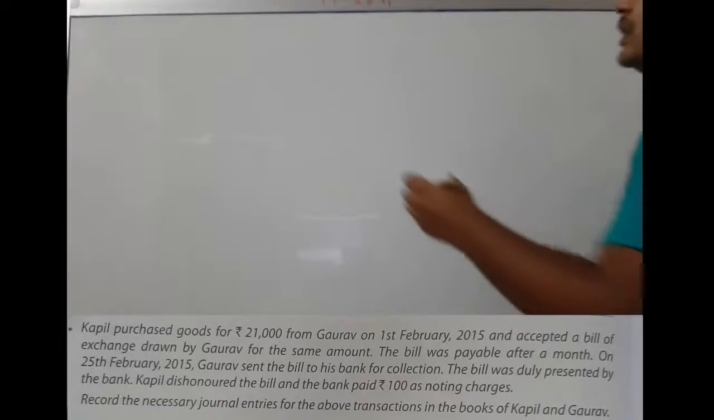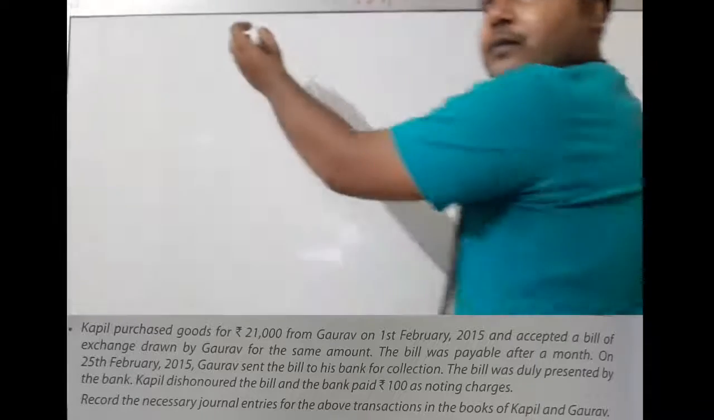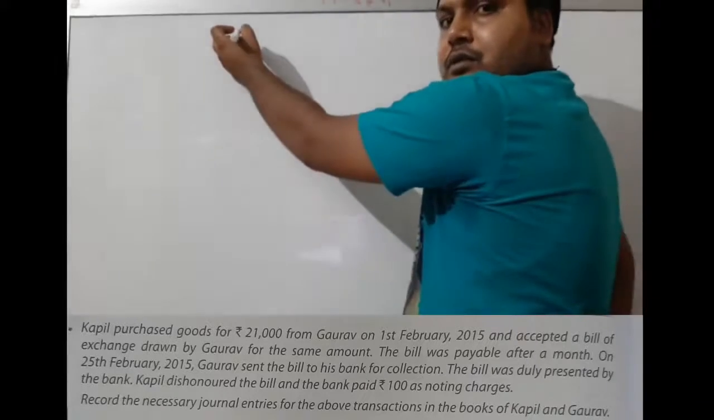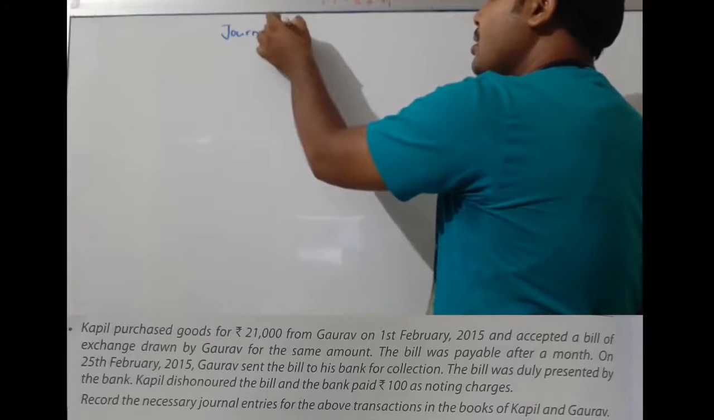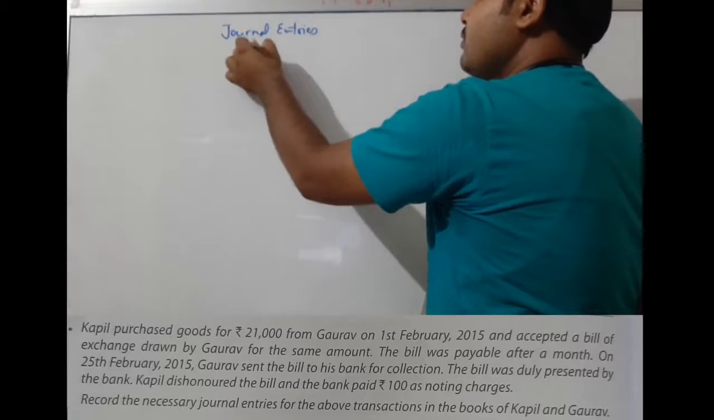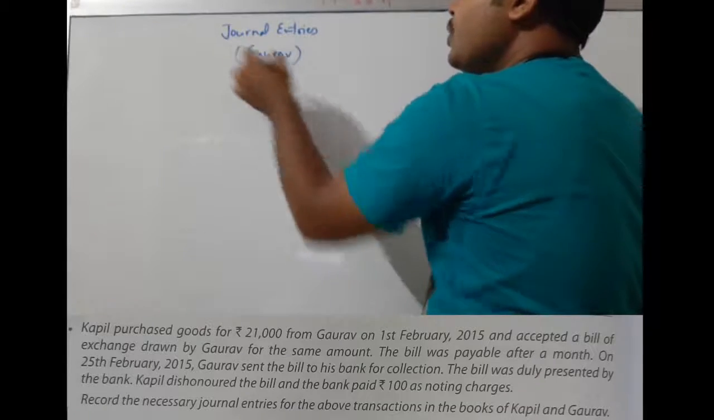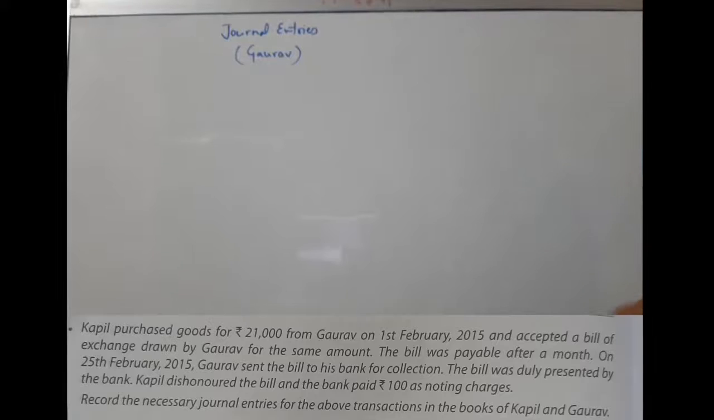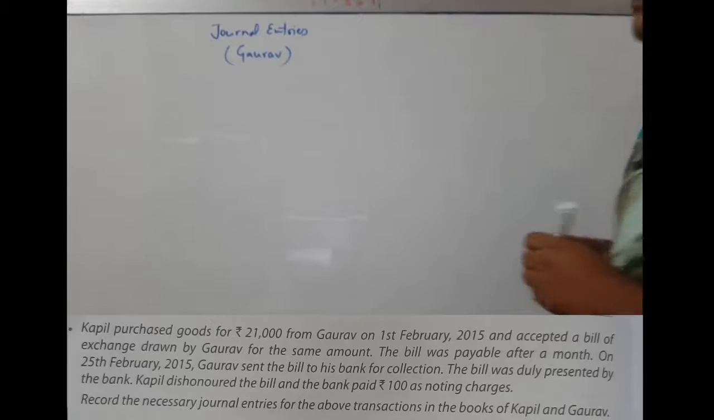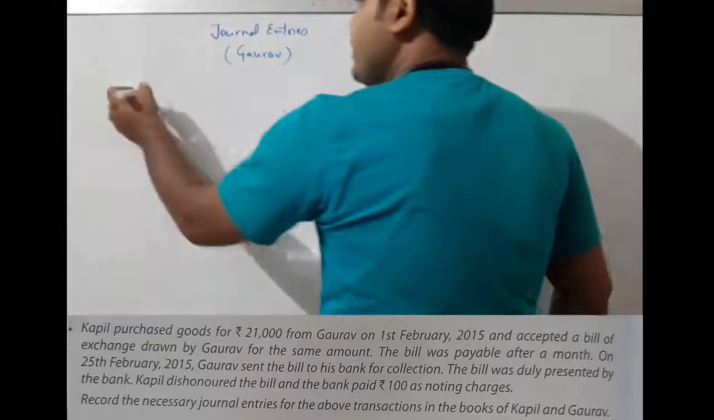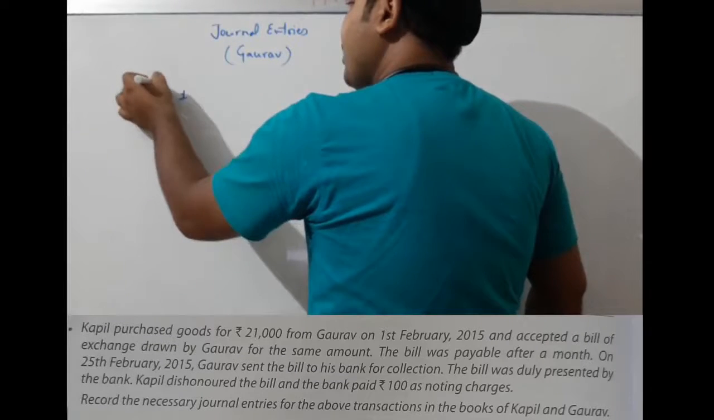So what journal entry should be passed in the books of Gaurav? Journal entries in the books of Gaurav. And who is Gaurav? Gaurav is the drawer, because Kapil made the purchase, so who must have made the sale? Obviously, Gaurav made the sale. If Kapil made the purchase, who sold? Gaurav did. So the first entry on February 1, 2015 will be,